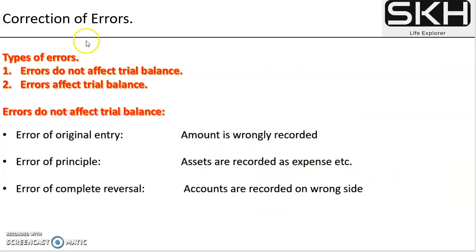So when we talk about errors, there are two types of errors. The first, errors that do not affect the trial balance, which means in this case our trial balance is equal, but there can be some errors in the trial balance. How we can find that, we'll see. The second type of errors, the errors which actually affect the trial balance. In this case, the trial balance is not equal, which means we can easily find out why it is not equal, so we can review our accounts. We will learn both types of errors, but in today's lesson we will see errors that do not